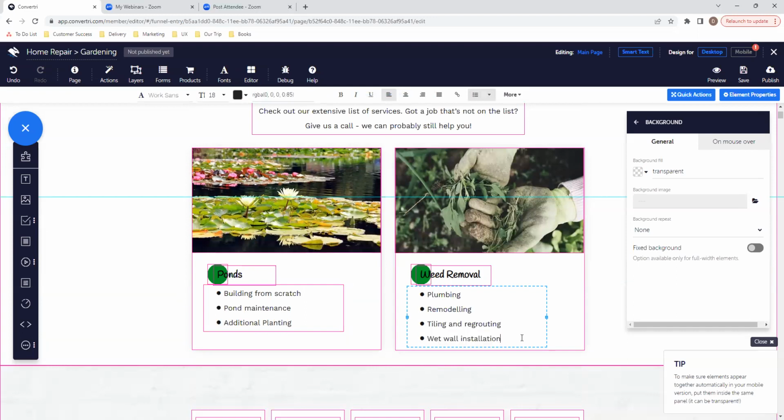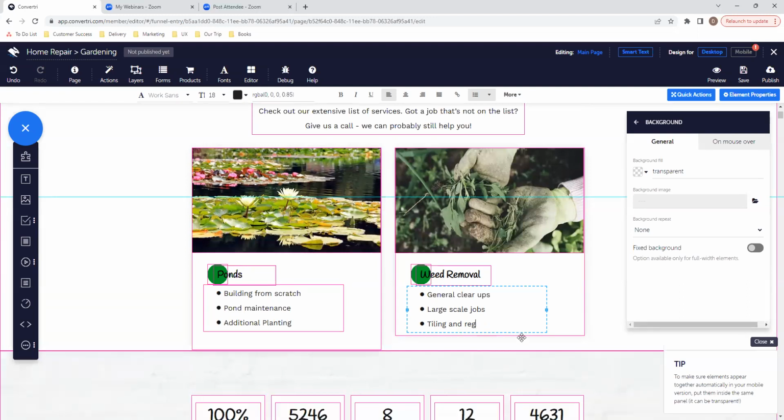Again, we can add different text for this one. So we'll go general clear ups, large scale jobs, or waste removal. So you can see, I'm not a gardener by no means, and I'm coming up with this stuff on the fly,